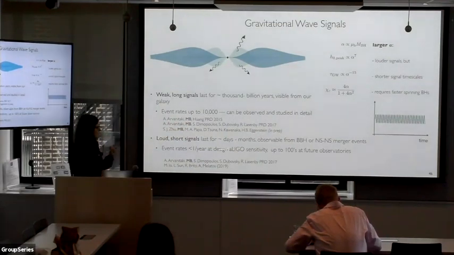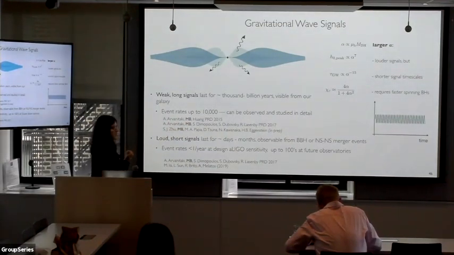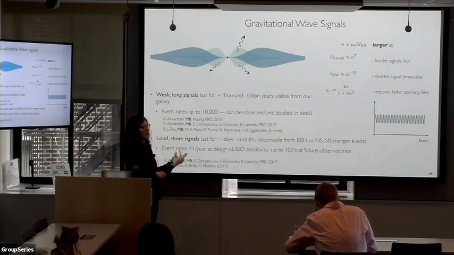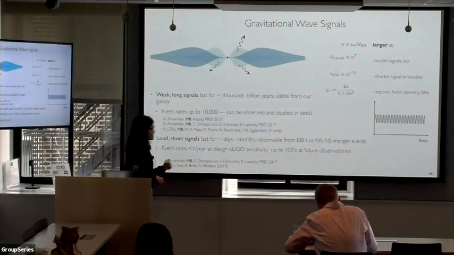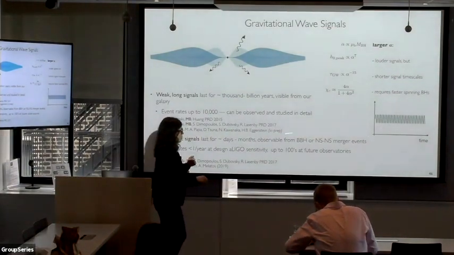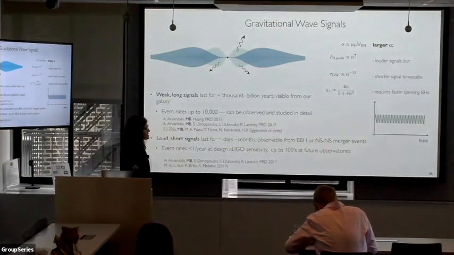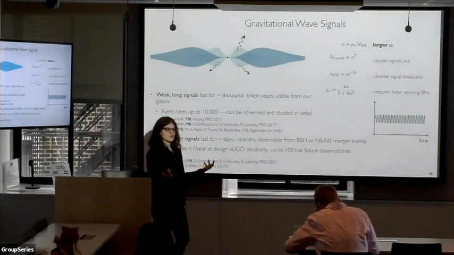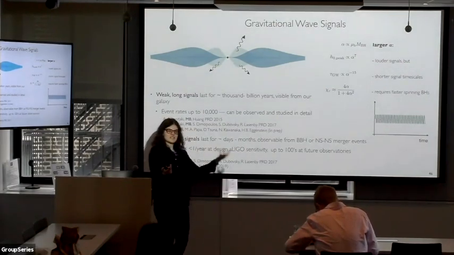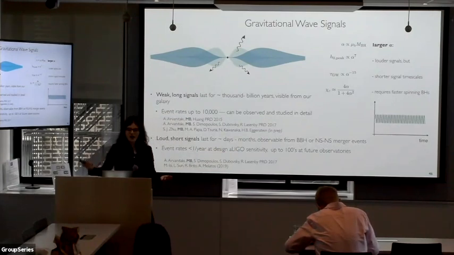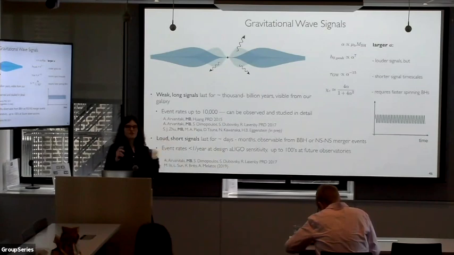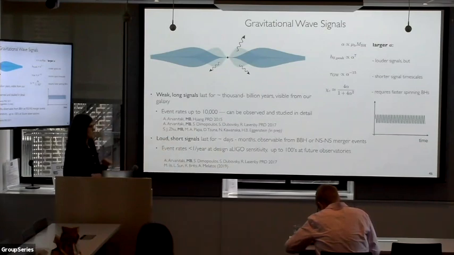We found that the event rates are not super promising at current sensitivities, just because the strains are not loud enough to follow up all of the black hole mergers. But at future observatories that will hopefully come online in the next decades, there will be up to hundreds of such signals, which would be a really beautiful test of this model, because you can measure the mass and the spin of the black hole that formed. You see the frequency that's coming out. You can trace the power as a function of time, so that will really give you a complete picture of what's happening around the black hole.